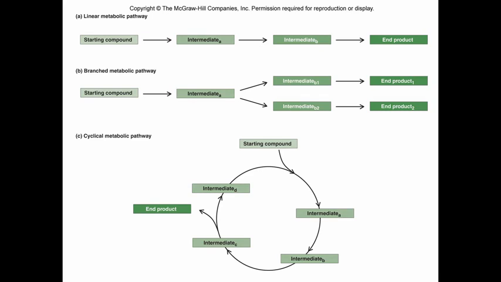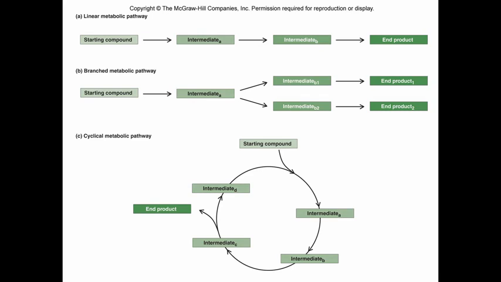Don't memorize these, okay? The whole point here is to understand that biochemical pathways inside the cell take on lots of different forms. What you see at the top is just a straight up linear form. A starting compound goes to different intermediates, and then you've got an end product that's produced. You could have 5 intermediates here. You could have 7. You could have 20 intermediates. Whatever begins that pathway is the starting compound. Whatever ends the pathway is the end product. Everything in the middle is called an intermediate. You will also see it described as a precursor metabolite.